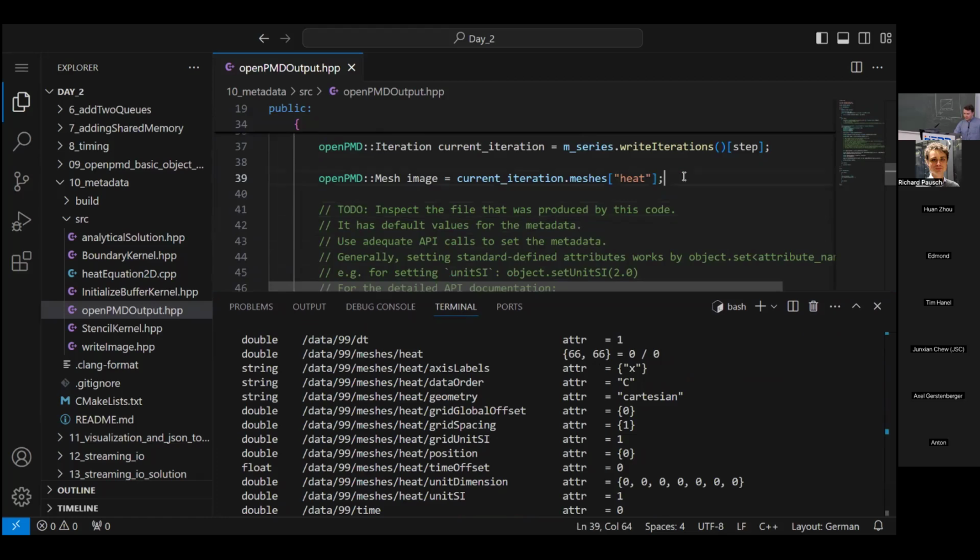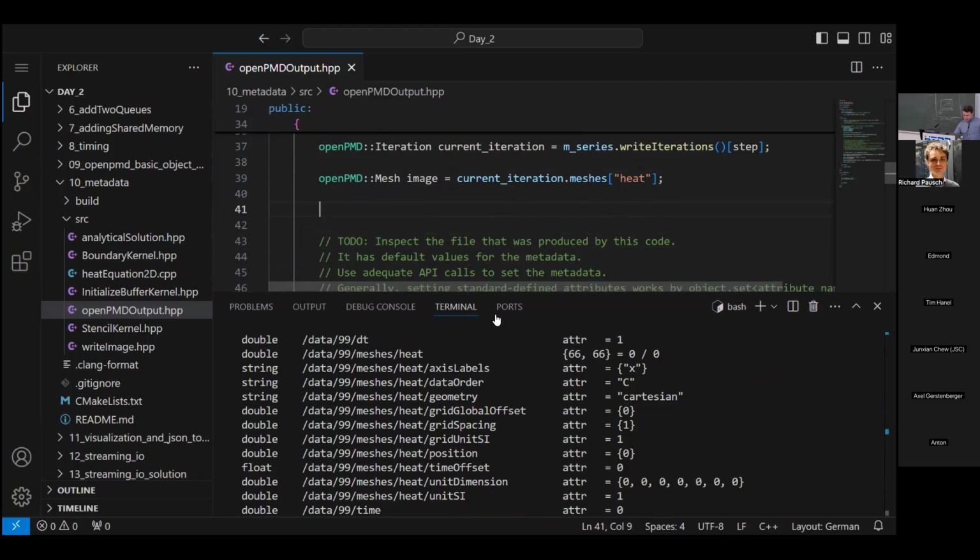So in order to, for example, define the access labels, here you see the name and the default value. The default value is wrong because we are looking at a two-dimensional mesh, so we should set that specifically by